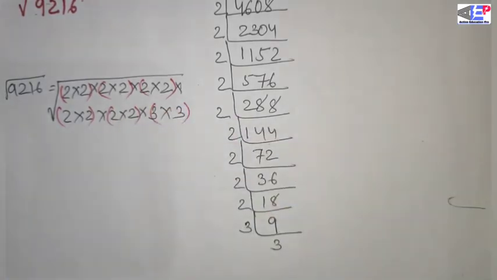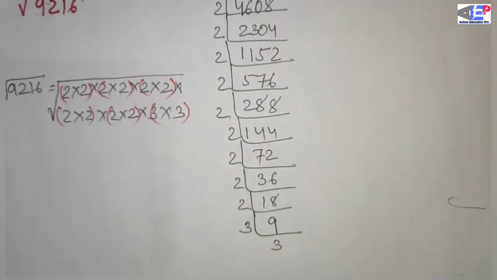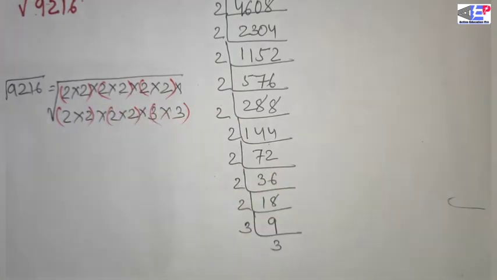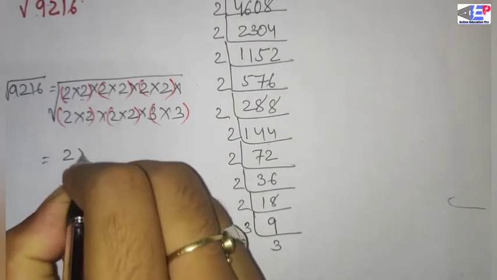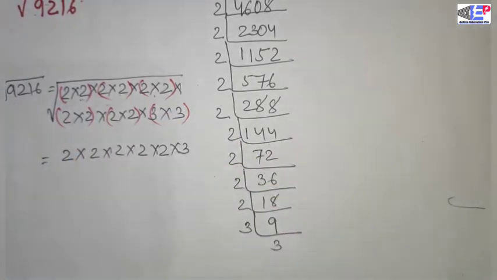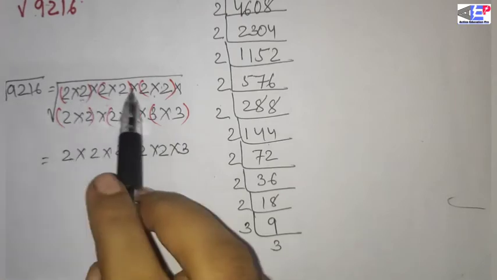Another clue we already told is that if a number contains an even number of multiples, then yes, it is a perfect square. Here we make perfect grouping. No prime numbers remain ungrouped. So we make a perfect grouping with the number of groups as 6 and the number of factors as 12. Now extract one number from each group: 2, 2, 2, 2, 2, and 3. We take 6 numbers from 6 groups.